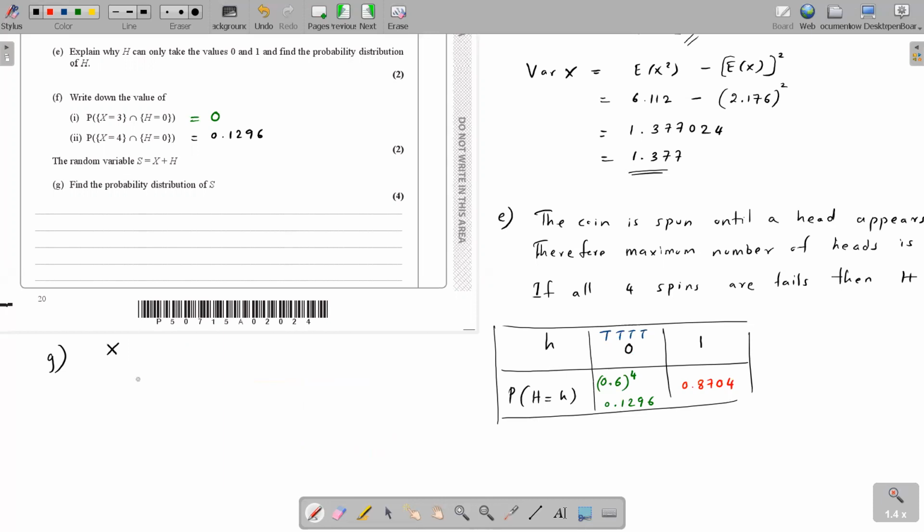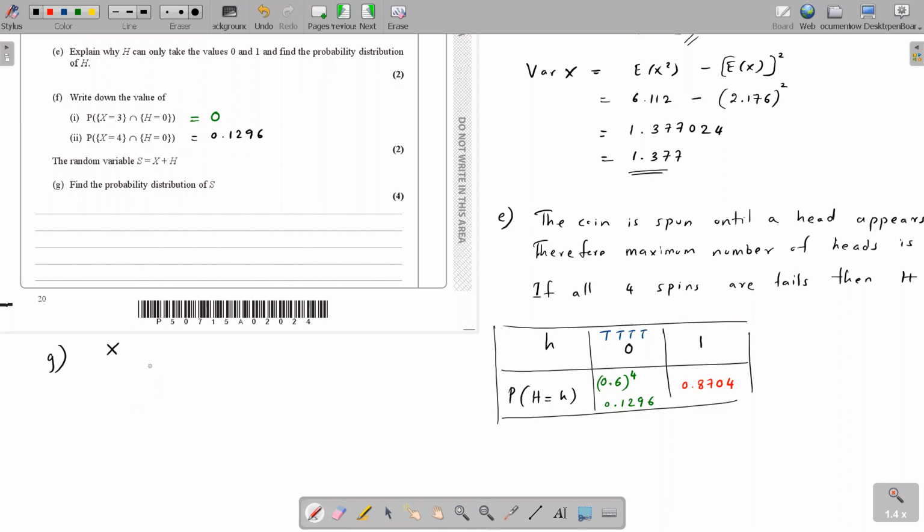Now these kinds of questions are easy depending on the way that you present this to yourself. If you just read it, it's very difficult. S equals X plus H, you will be like, what is X, what is S, what is H? Difficult, right? So what you do is, you take it one by one.